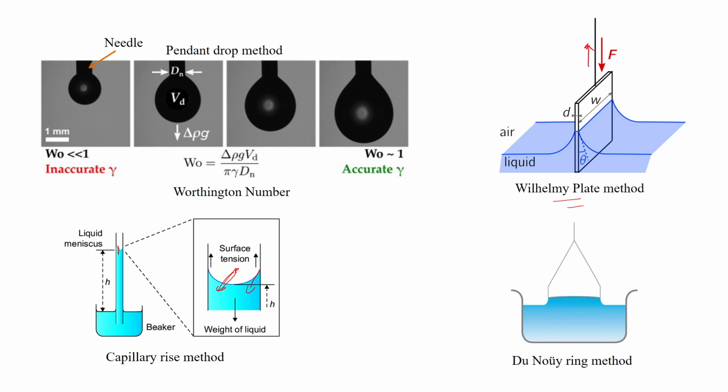And this particular method, which is called the Du Noüy ring method, is very similar to the Wilhelmy plate. In that case there is a ring and a meniscus is formed over here. You can calculate what this meniscus force should be, and that is the force required to pull this ring up from the liquid, and that way also you can measure the surface tension. There are other methods as well to measure the surface tension of a liquid, but these are some of the common ones, and if you want to know more about it, look for some literature or books. Now, I will